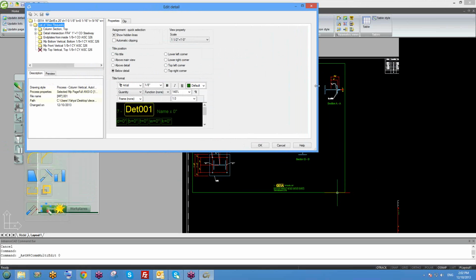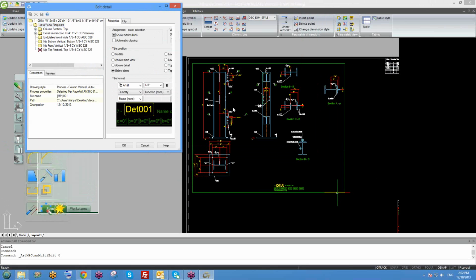So what does that mean? It means that I have my column section, I have my bottom and front view, these two guys. It's actually the front and side view, but Advanced will call that bottom view, bottom vertical view. This front view is this one, and this one is actually the side view,